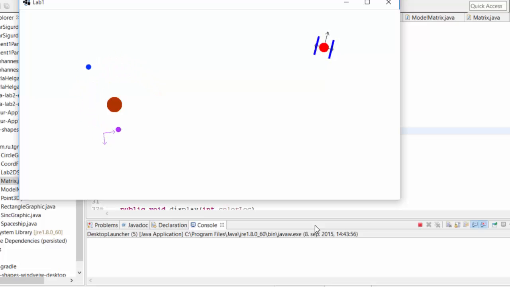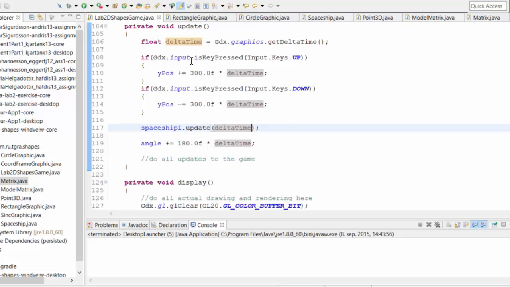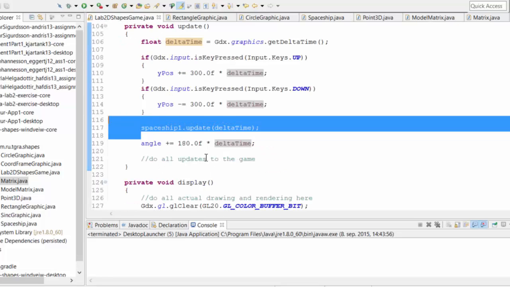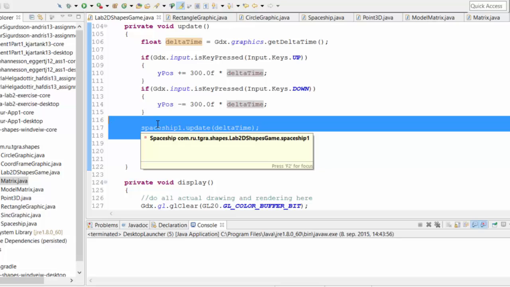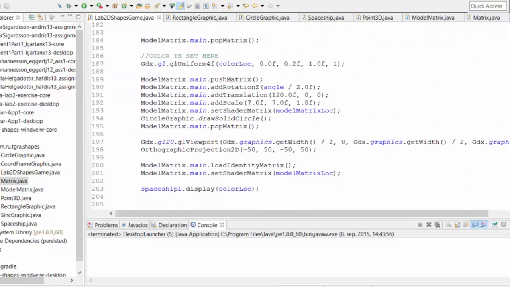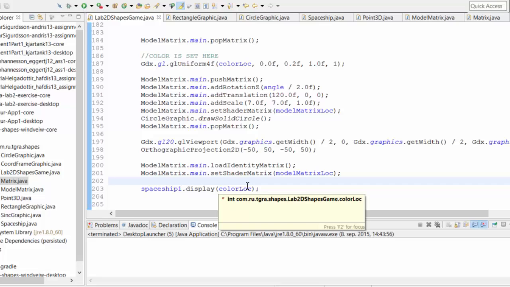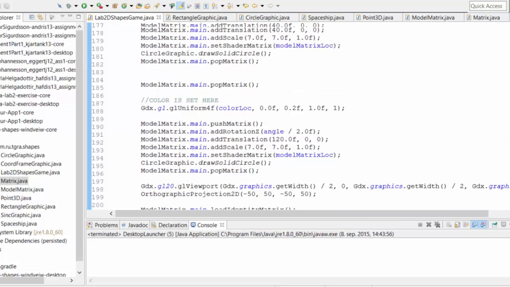Okay, there it is, and it rotates, fine. Except now it's controlling all of its own stuff. Inside the update function, we're just calling spaceship.update with delta time, the current frame time. Inside display, we're just calling spaceship.display. So spaceship knows its own display routines, and it knows its own update routines. My question now is,